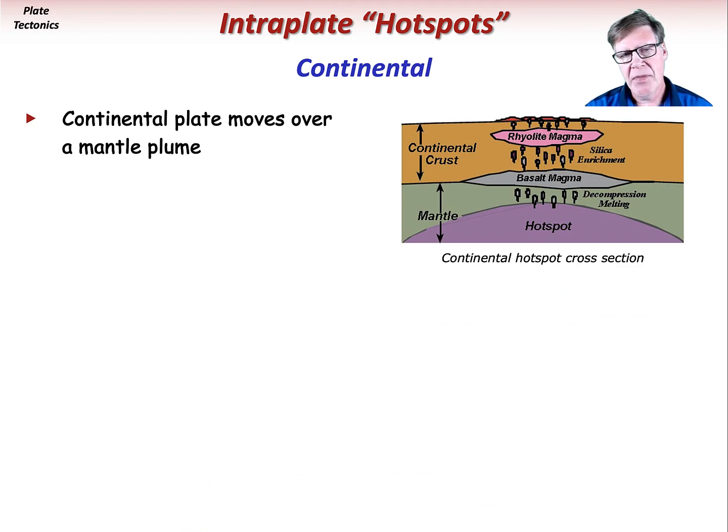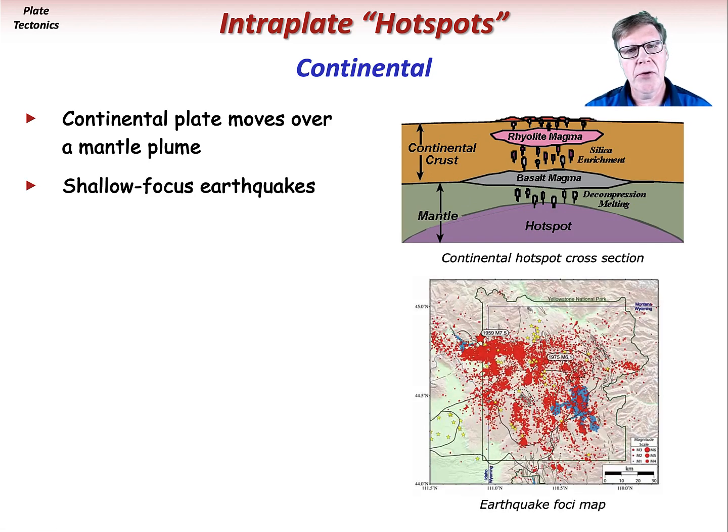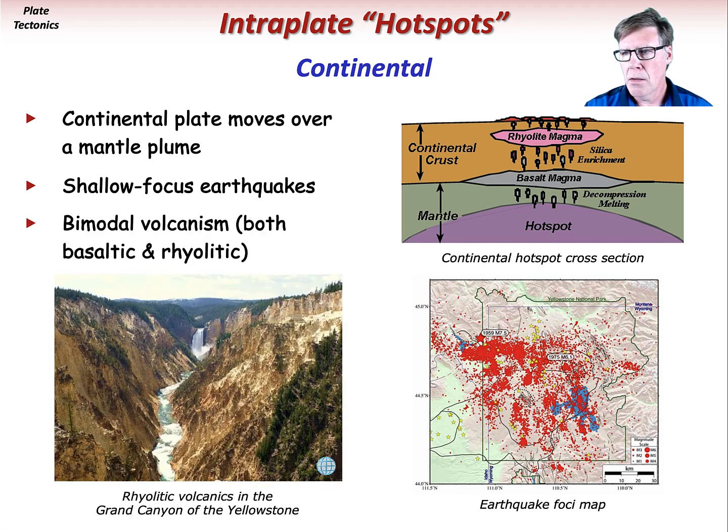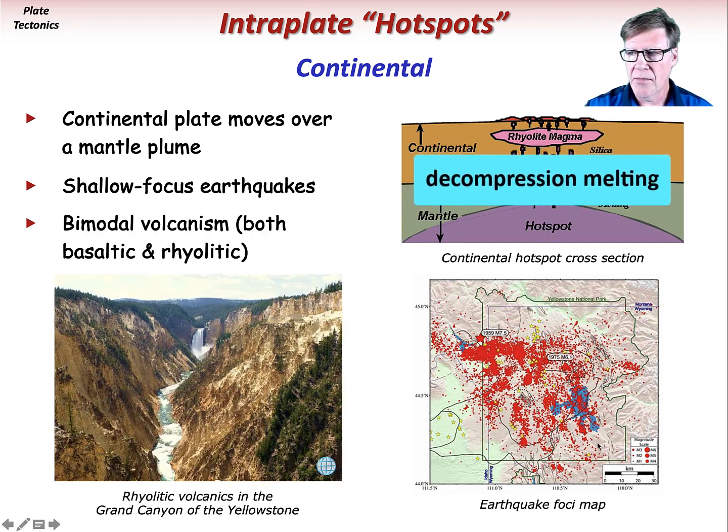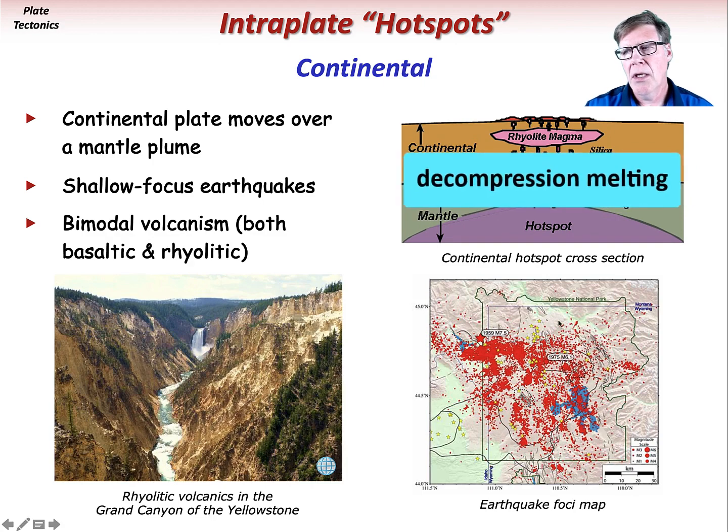And this shows a simplified cross-section of a continental hotspot with the top of a mantle plume interacting with the continental tectonic plate. Shallow focus earthquakes are the dominant type in this area, as with oceanic hotspots. This is a map of Yellowstone National Park in northwestern Wyoming, and you can see the considerable density of shallow focus earthquakes there. This decompression melting of the top of the mantle plume here yields what's called bimodal volcanism, because